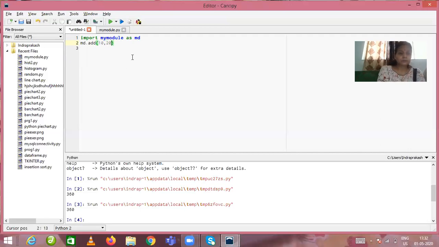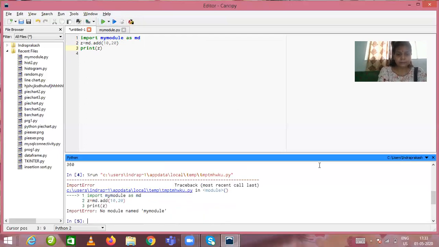Okay, so I'm going to execute this, because the function is returning a value. In a previous video I discussed the meaning of the return value of a function. So this function is returning a value, and here we have to print the value by storing it in a particular variable. I have taken a variable, suppose z is equal to md dot add. I have called this function over here. Now I will print the result, print z. Correct. So I am going to execute this file.